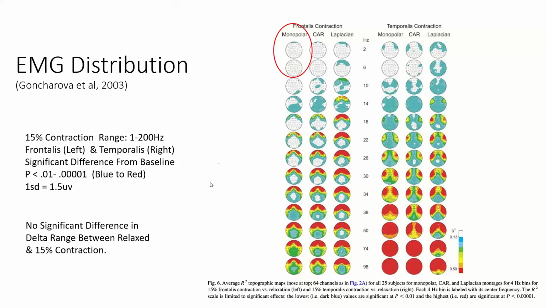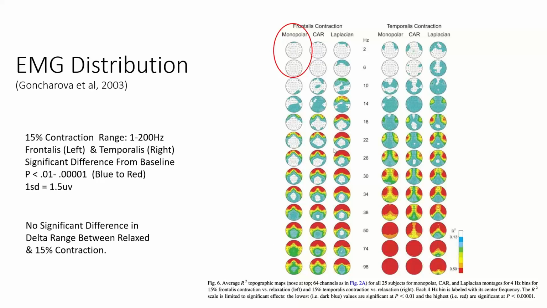You can see here that at this range, there's really no significance in the delta whatsoever for the most part, which is why I always say it's not likely going to show up on a map. These people would have to be really working hard, tensing profoundly and consistently, almost beyond the point of human endurance, to produce a significant signal. You'd have to be up in the 70 to 100 hertz range to get anything up here.